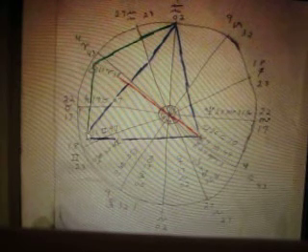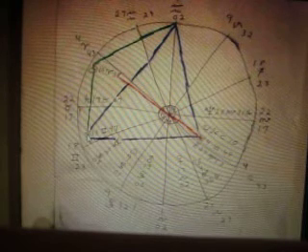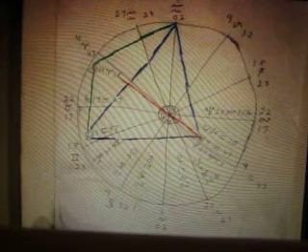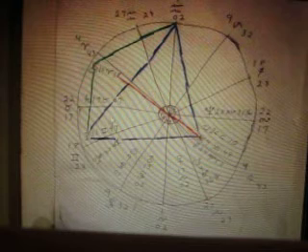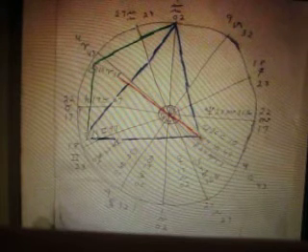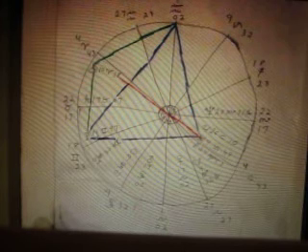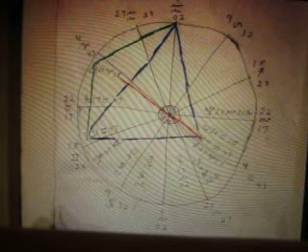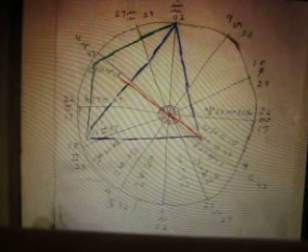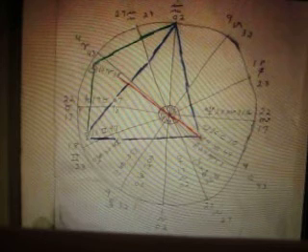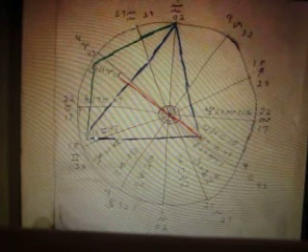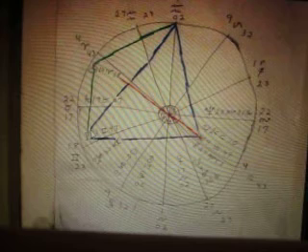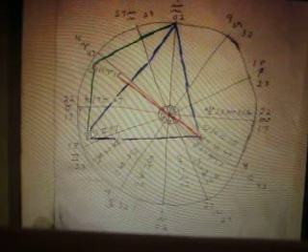And last but not least, we have this trine. It's actually a very long trine because you could see I used a little more than a 10-degree orb in this particular one. The orb I used was 10 degrees 45 minutes of arc. I don't use more than a 10-degree orb on aspects that involve at least one personal planet, the ascendant or midheaven. But in this case I did, and I think we could say it is a long trine. But this is the trine between the moon and the MC,